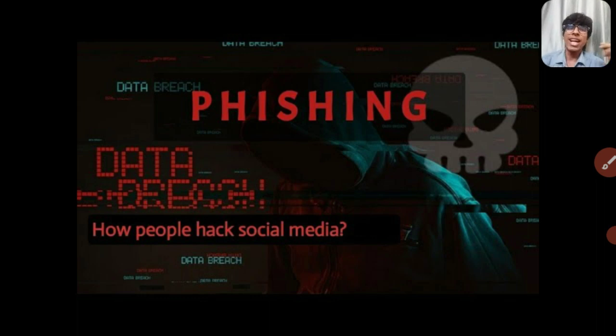Phishing is a technique that is used to hack social media accounts. Simply, it's not a hack, it's a simple trick by which anyone can get the password of your social media account. To deal with that, you have to know how to avoid phishing. You can turn on two-step verification. After turning on two-step verification, no one can log into your social media with the help of phishing. But it doesn't mean that it is 100% safe, because OTP verification can also be bypassed by some hackers. So don't think that phishing can be overcome by two-step verification.